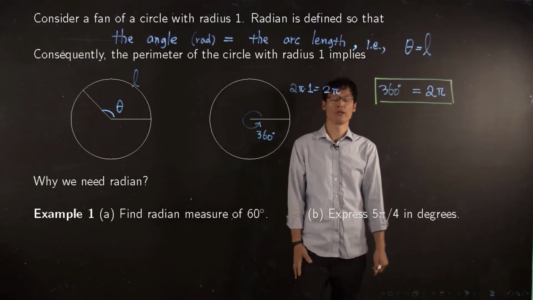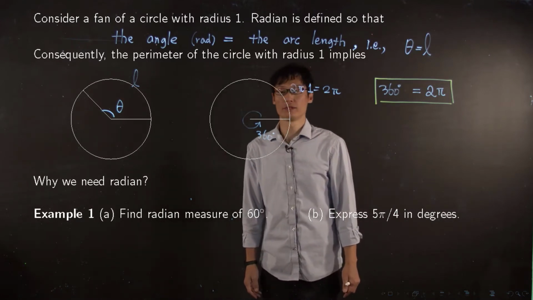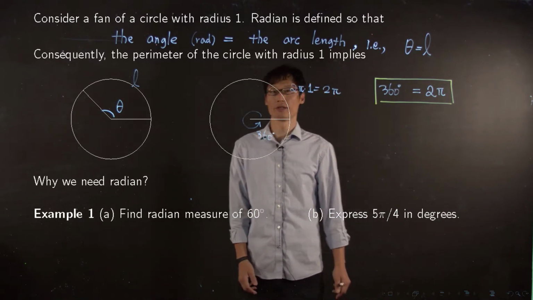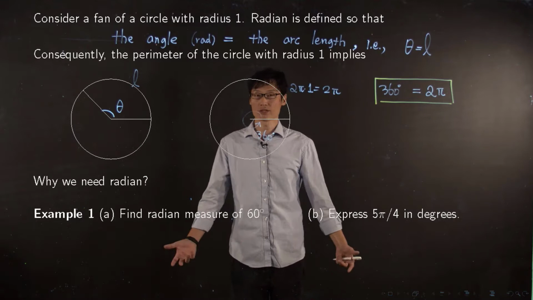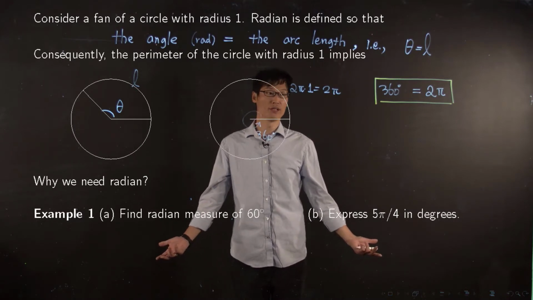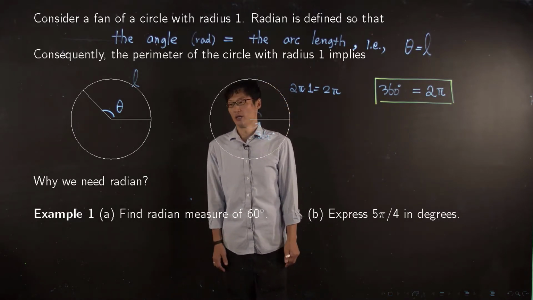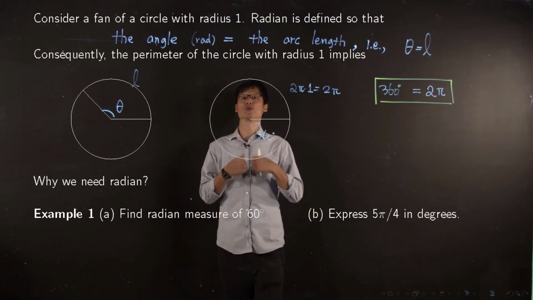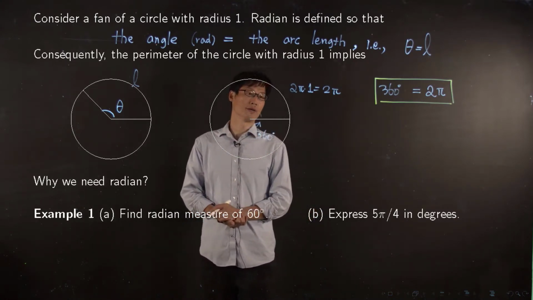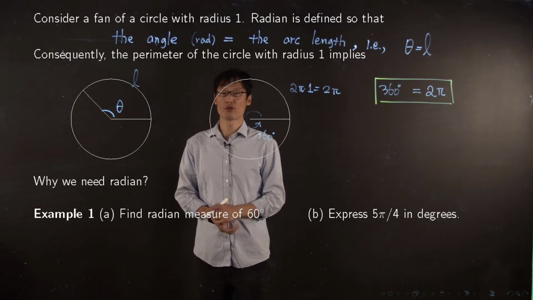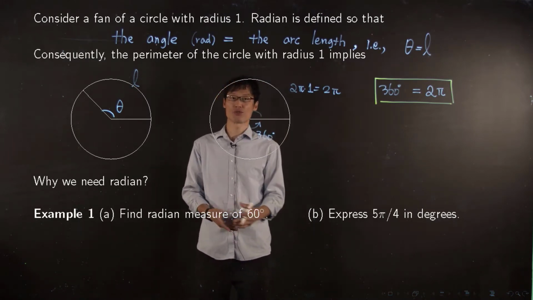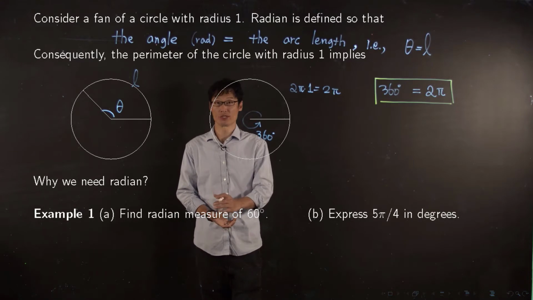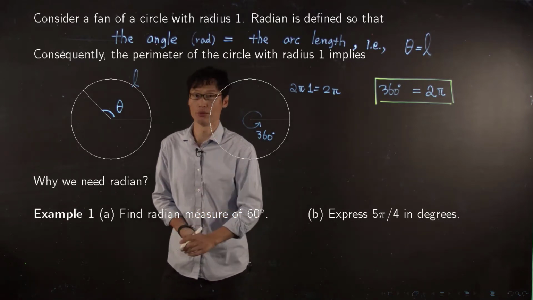So this is how we define radian. You may ask, why do we care about radian? Well, there are many reasons. Eventually you will see nice properties of trig functions when you use radian. Eventually we will study derivative of trig functions and so on, and you will see nice properties. For example,